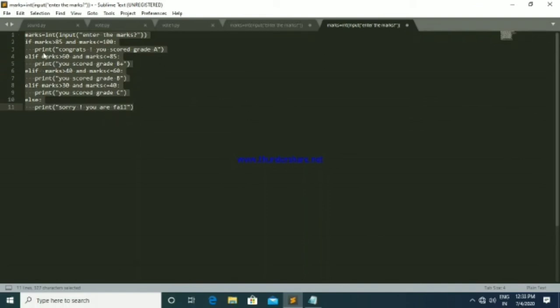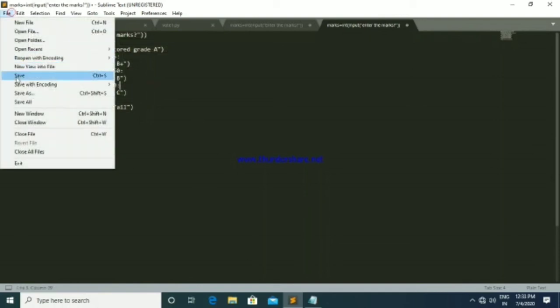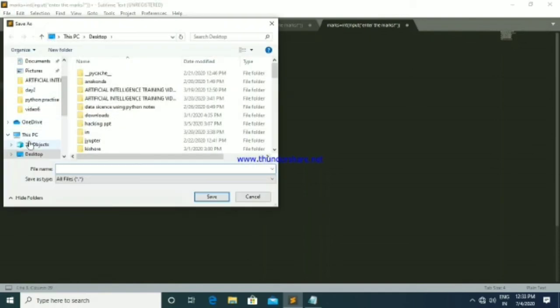Okay, so why I am giving else means I'm assigning a value for the rest. So by using four conditions, if the student gets a mark between 100 and 85, this means grade A.